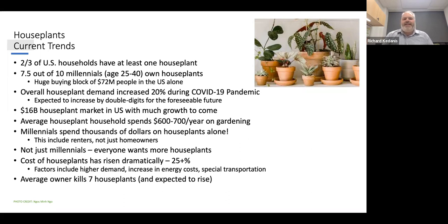And you can kind of see that in the millennial age range, we're seeing an explosion of plants. Millennials, even though they've been very successful as a group in both academia and industry, have also run into some of the hardest times. They've watched real estate prices really climb. Home ownership in certain markets where they're being employed is difficult to acquire. They're in rented spaces. They're in smaller spaces. And as a group, the trend has been to invest more in mobile investments, and houseplants are fantastic